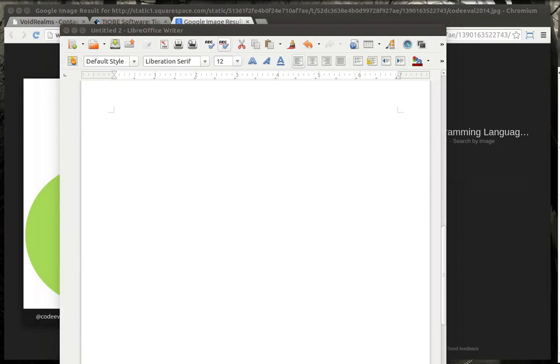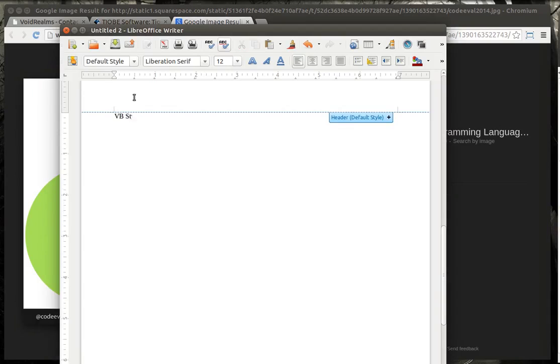All right, so now we're going to move on to the COBOL style or VB style languages. We'll say VB style languages. Now a comment is usually just a single quote. And to declare a variable, you would do the opposite of a C style. You give it a name and then a type. Sometimes you have to do a little magic in front of it, like say dim for dimension is what it stands for. And then we'll say name as string, something like that. So it depends on which language. Some languages are different. But just know that you got to do a name and then a type.